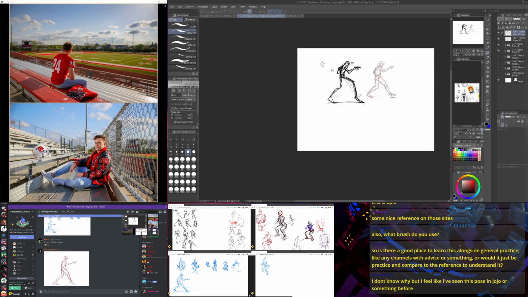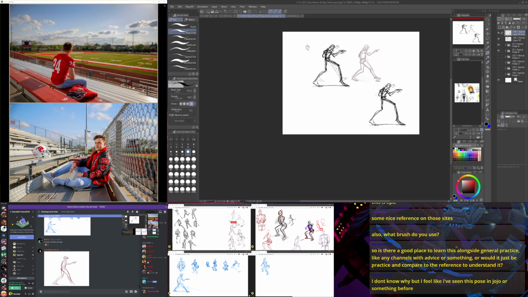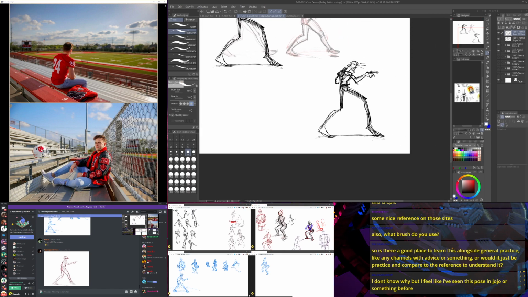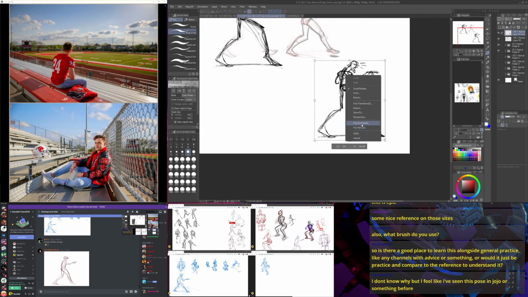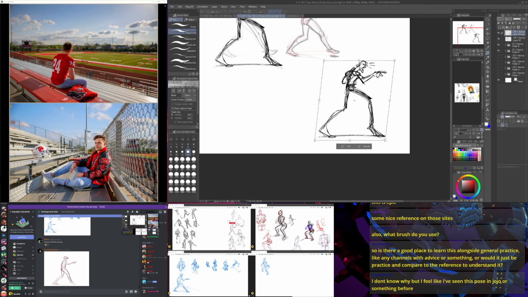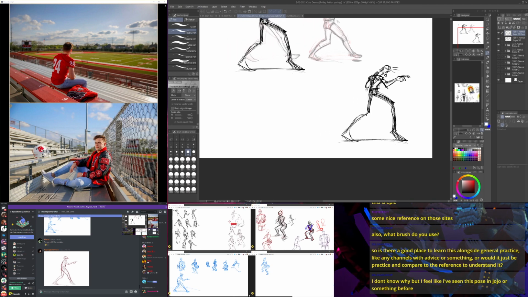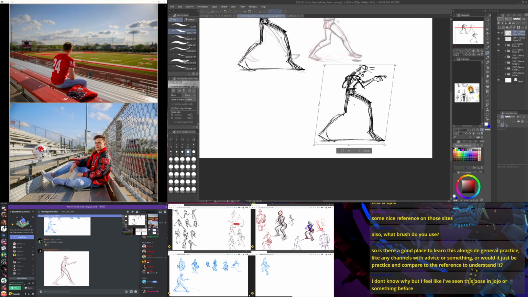This is starting to get more into character design type stuff, but this is also story posing. Let's see here. Maybe use a cheat like a skew tool to play with the forward thrust of this dude a little bit more.